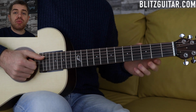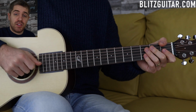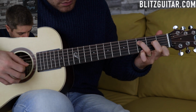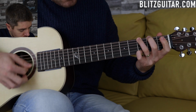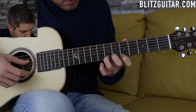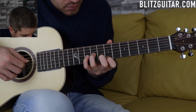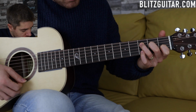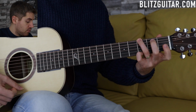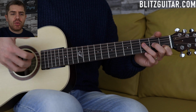Now guys, there is an awesome way to practice scales and chords together, and this is going to be the B section of this example. It's going to sound like this. And the A minor, okay? Now, we're gonna open up with the beautiful F major chord,